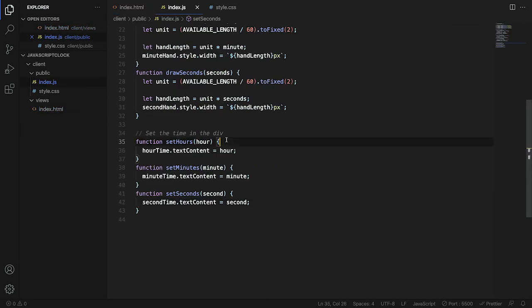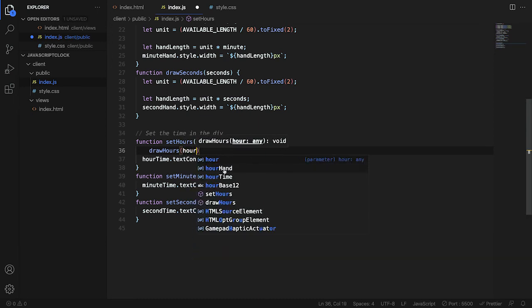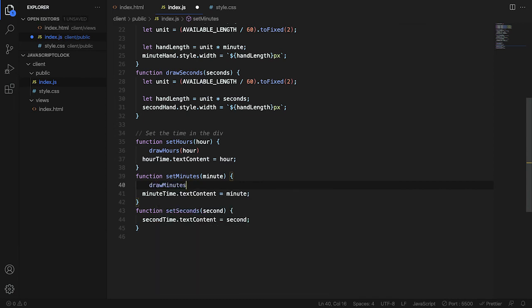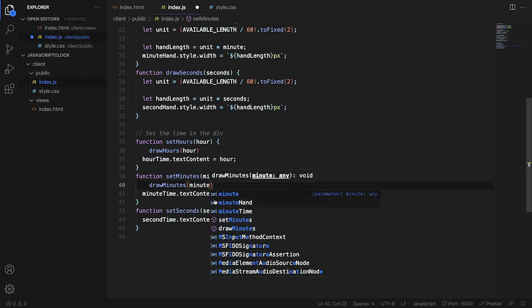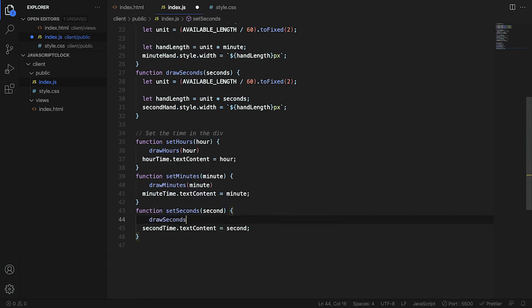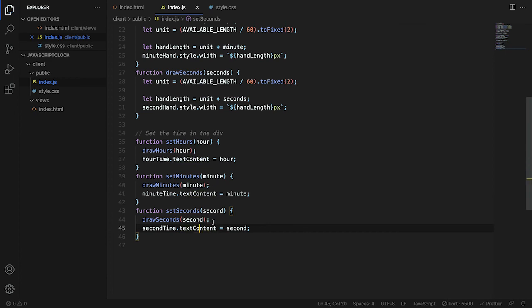What I can do is just call the function. Draw hours. It gets the hour. Draw minutes. It takes the minute. And draw seconds. It takes the seconds. Okay, now that I have this function that basically builds the entire thing, I can have the main function